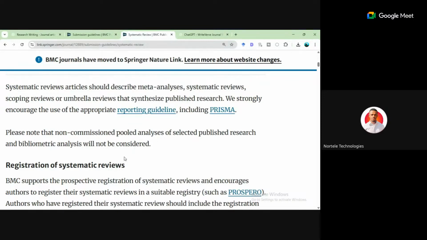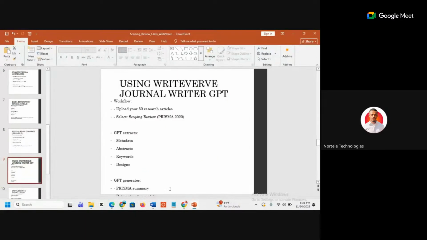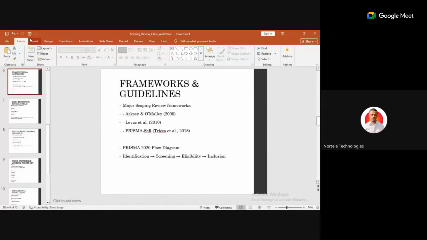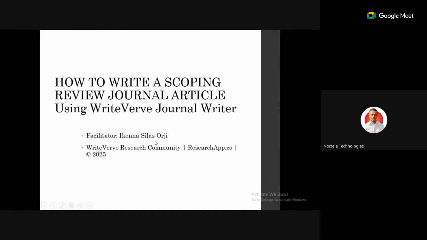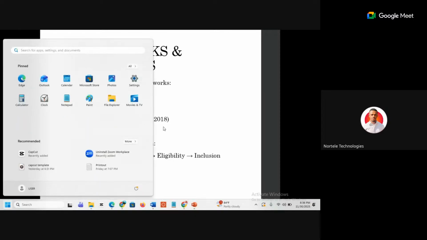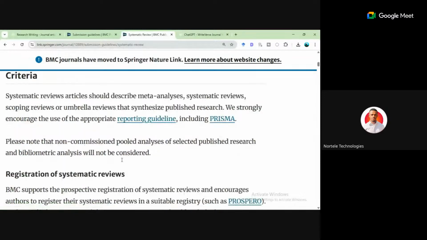So now, anything scoping reviews, we use an appropriate reporting guideline. And this reporting guideline is the one I told us that we have 3 types of guidelines for systematic reviews. We have the frameworks, and we have AXI, Anomaly, LIVAC. I'll show you all of this. And we have Prisma SCR by Tricco, 2018. They're quite popular among researchers. This is a very popular field. So this is the reporting guideline we're talking about. So what you need to do now,